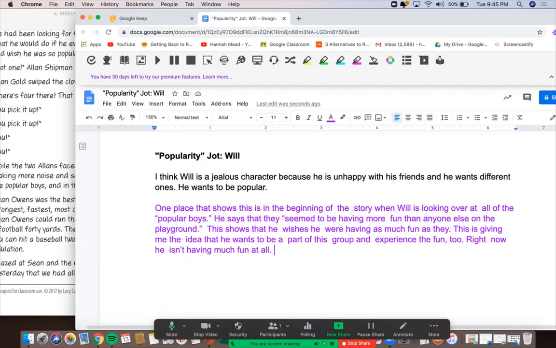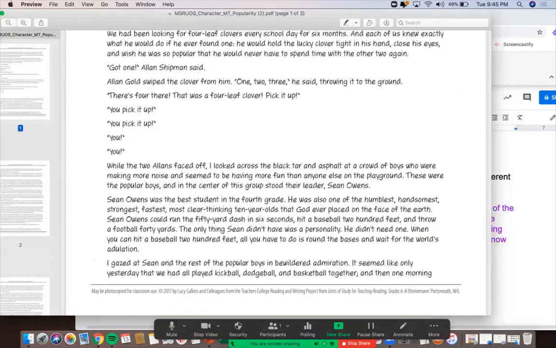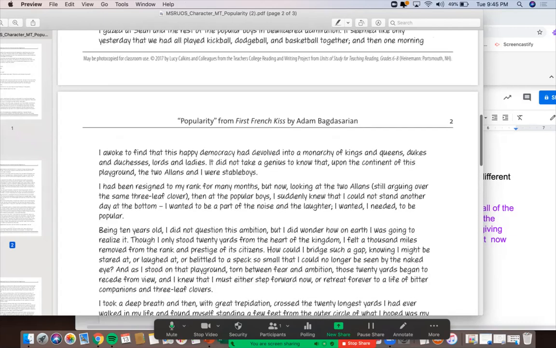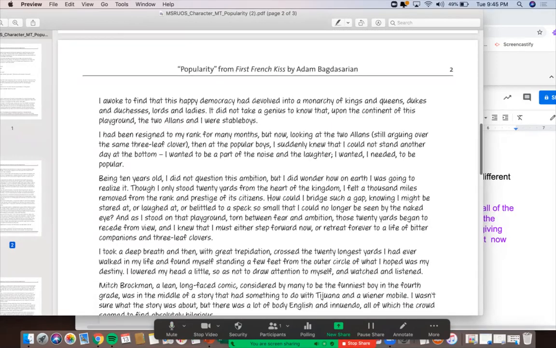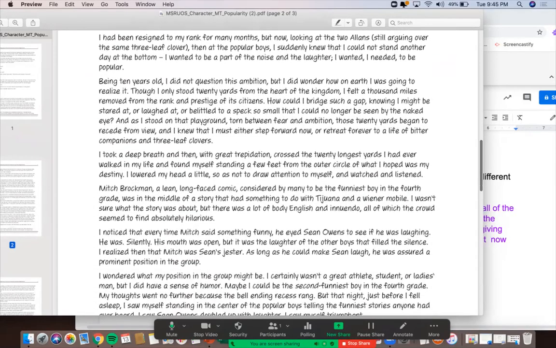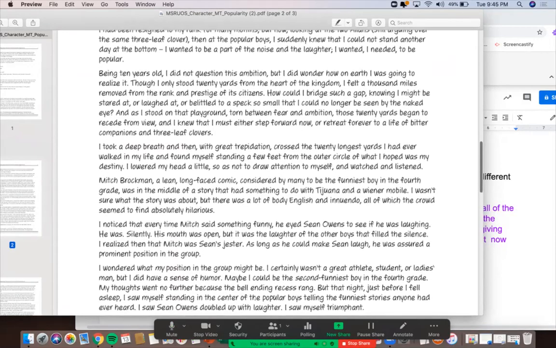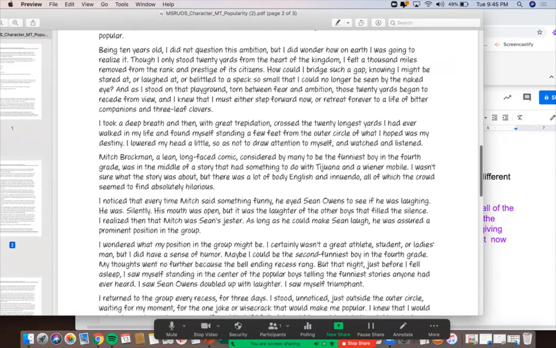And I'm thinking that maybe I have something to add on to my idea from yesterday. What about something new? Maybe I can go to another part of the text. Let me try that. I'm going to skip to another part of the text, or maybe just scan. If I was in a chapter book, maybe I'd try a different chapter, maybe a little bit farther in. I think definitely that part where he's thinking a lot about how he wants to be popular, maybe like,